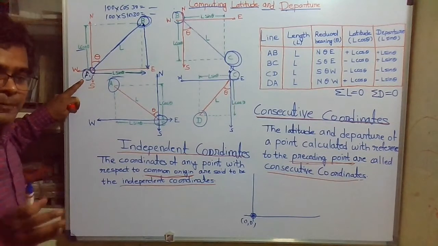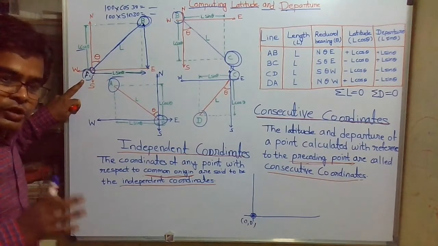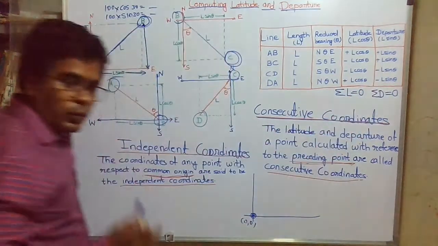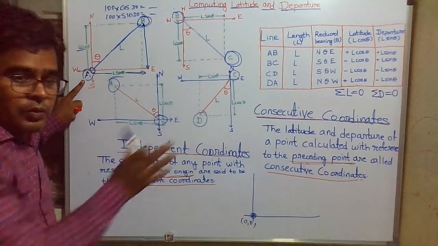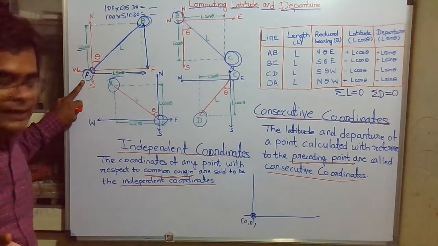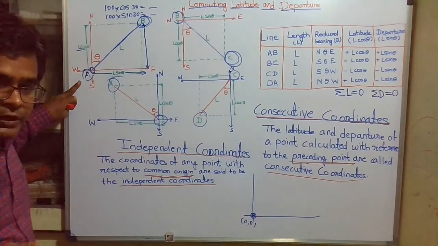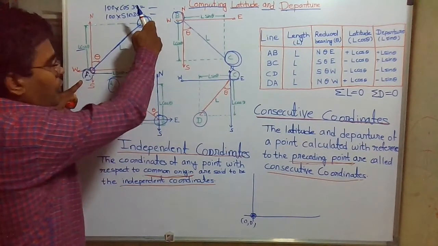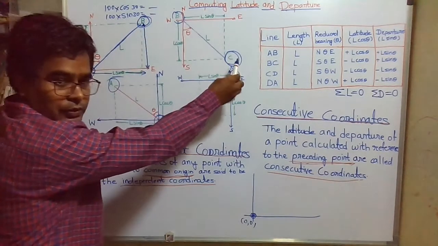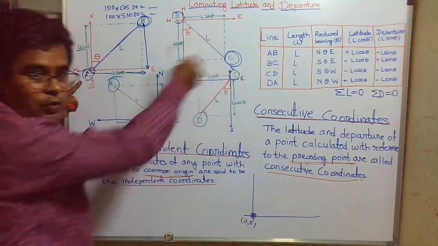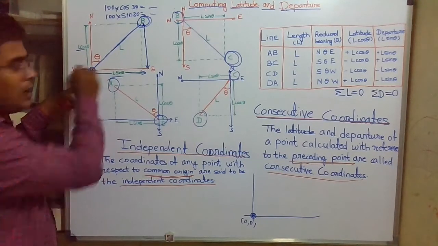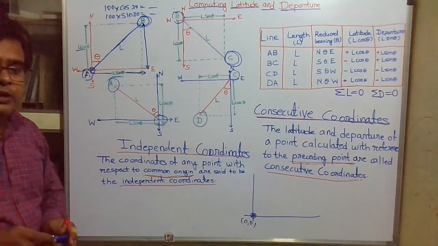Generally we assume the coordinate of A such that all these figures, positive or negative, everything comes out in terms of plus only. Like that we assume the coordinate of the first point, then by adding the coordinate of the next point we get the coordinate of B, then again adding to the next point we get C. All coordinates we are getting refer to point A, the initial point of the traverse.